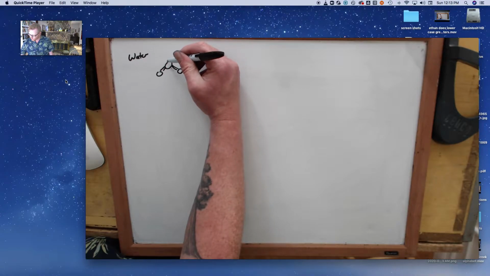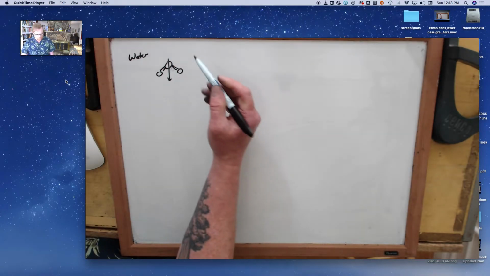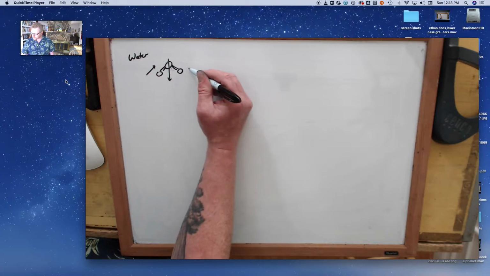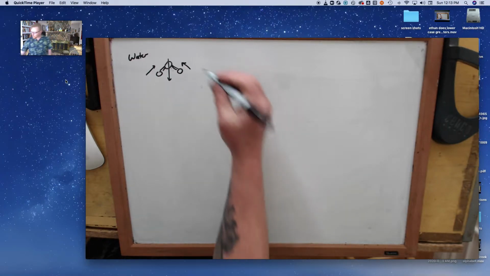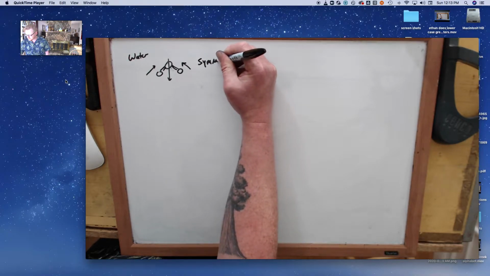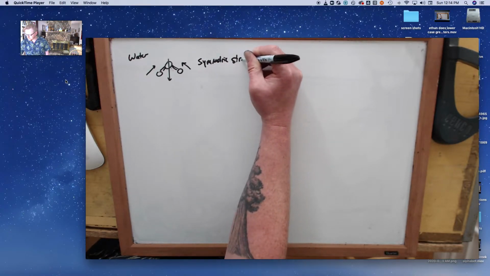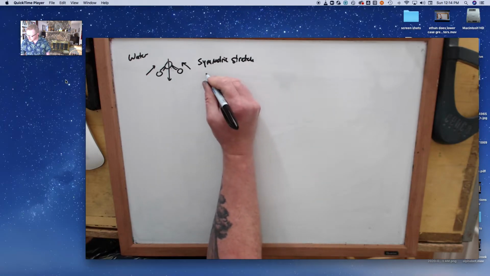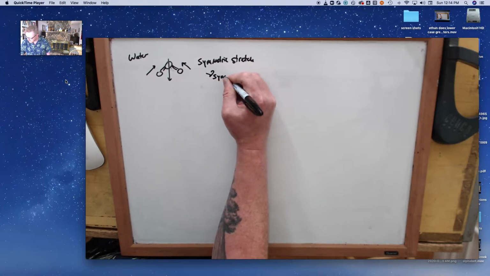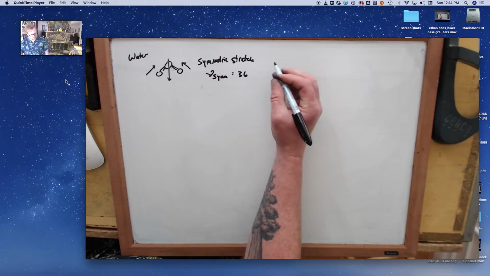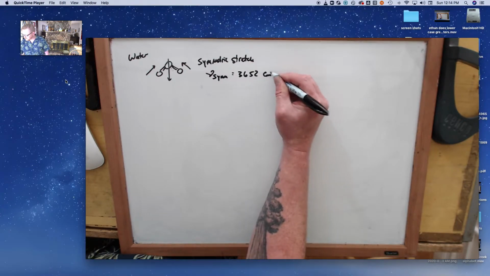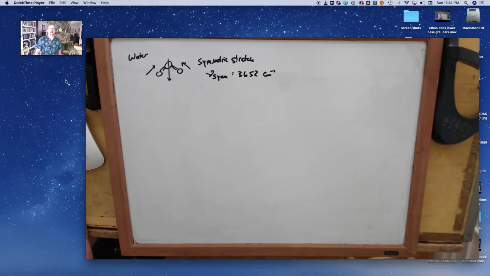So when this oxygen nucleus moves down and the 2 hydrogen nuclei move in, something like this, we call that the symmetric stretch, often abbreviated as nu_s. And for a free isolated gas phase water molecule, that's 3652 wave number,